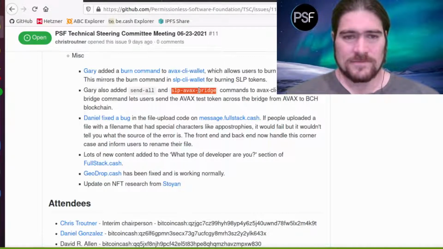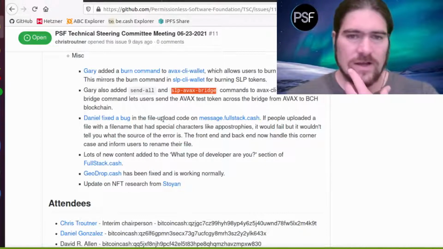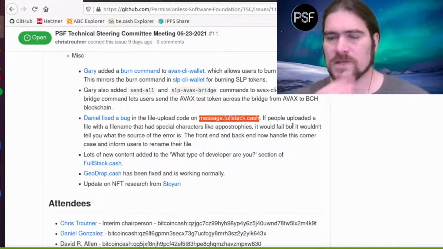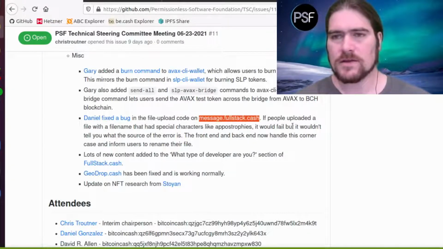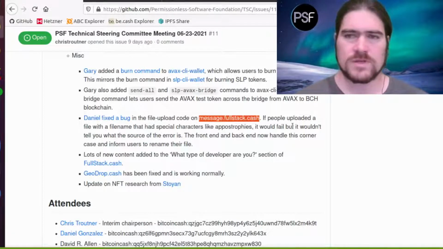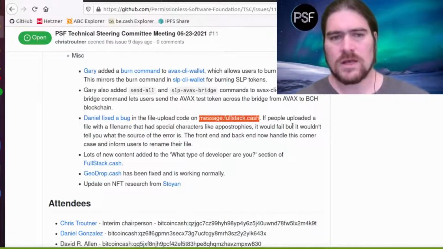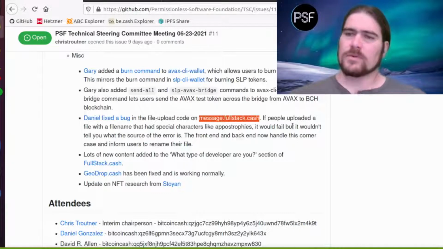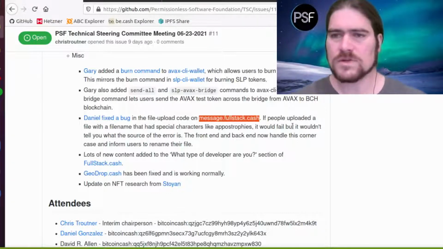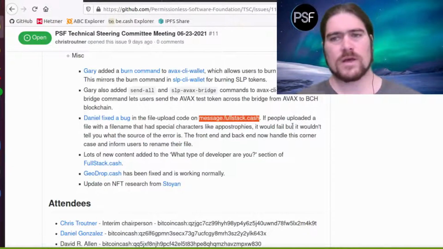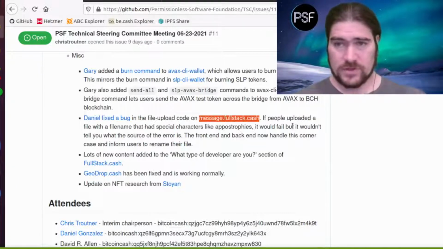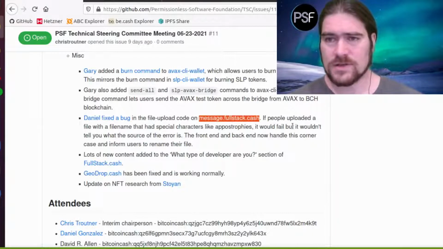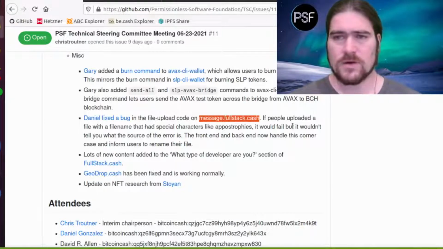That's awesome. So, another bug fix. message.fullstack.cash is primarily geared towards this PSF community. It's got a community feed where I've been posting links to these community videos. It lets you send end-to-end encrypted email to any Bitcoin Cash address. It also has a file upload feature that lets you pay 5 cents to host a file on the IPFS network. It's a really convenient way if you just want to get a file up on IPFS so that you can share it and you don't want to sign up or worry about hosting. It's a very quick, simple, pay some money and your file's being hosted service.